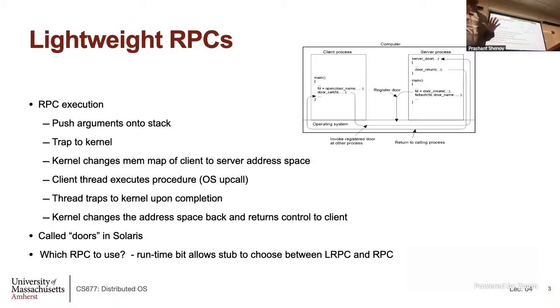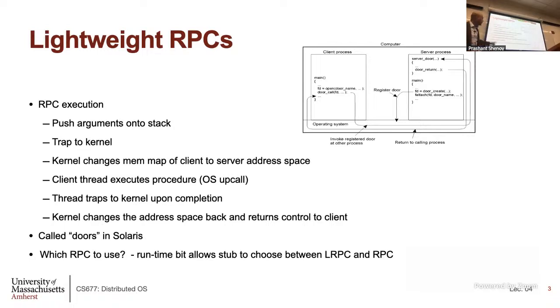You are essentially eliminating all of the protocol processing overhead. Is that clear? Okay. So there are some details of how all of that works, which I'm going to go through very briefly. There's a picture there, but the picture is not showing that there is actually a shared memory region. But what you need to really think about is there's a shared memory buffer that's not shown in this picture, that the client process will put the message, and then the server process will actually take the message and